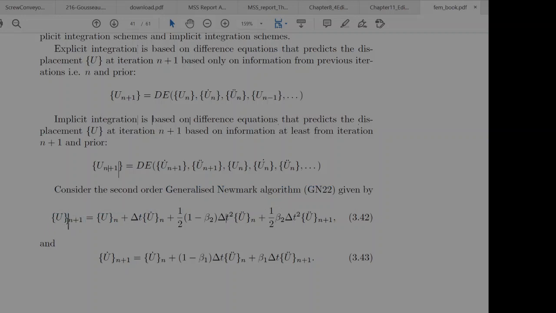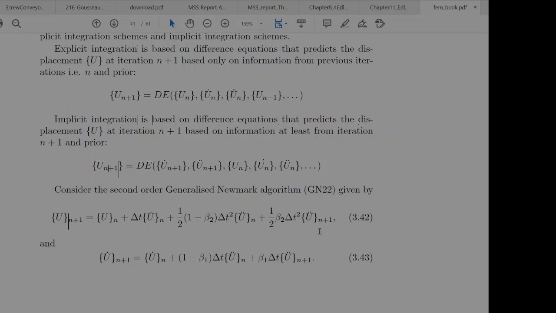So that's a nodal displacement at n plus 1. It's a function of the nodal displacements at time n, plus delta t times the velocities at time n, plus a half times 1 minus beta 2 times accelerations at time n, and then plus a half beta 2 times acceleration at time n plus 1. So immediately I can tell you, if I choose beta 2 equals 1, okay,